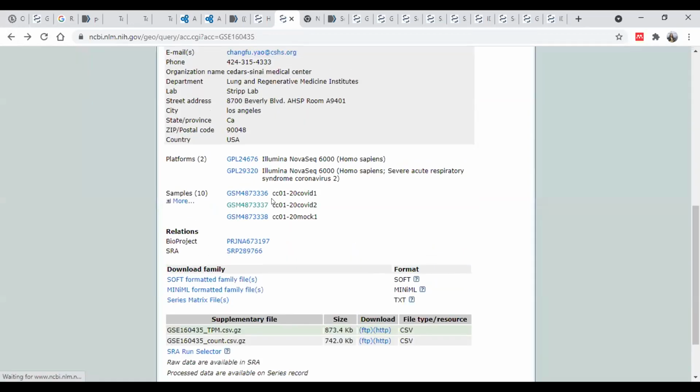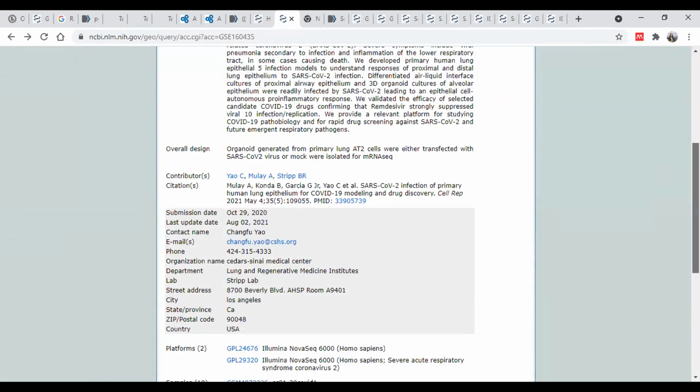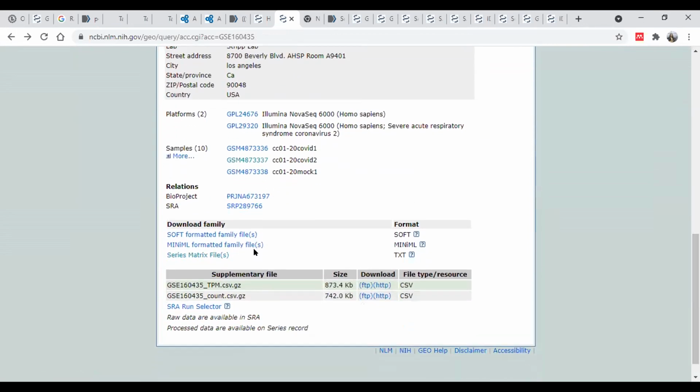So once we go into the data, we understand maybe this data looks interesting, so now I can explore this data. The next thing is how to download it, or which particular file we need to download. For the RNA-seq data, under the supplementary file, usually already processed data is available. So if it is RNA-seq data, you need to download these supplementary files. For example, here we have TPM CSV files and count values CSV files. I had already downloaded these files.